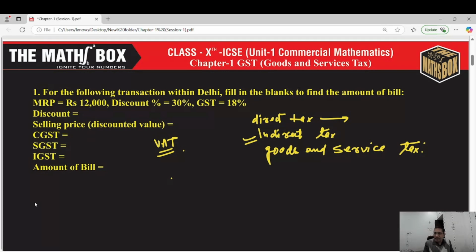So when you buy anything, say a packet of biscuits, either in Uttar Pradesh or in Maharashtra or in Gujarat or in Uttarakhand or in Karnataka, it is the same everywhere. The tax rate on that article will be 5%, suppose, or 10 or 18%. It will be absolutely the same in every nook and corner of the country. That is one main purpose of applying GST